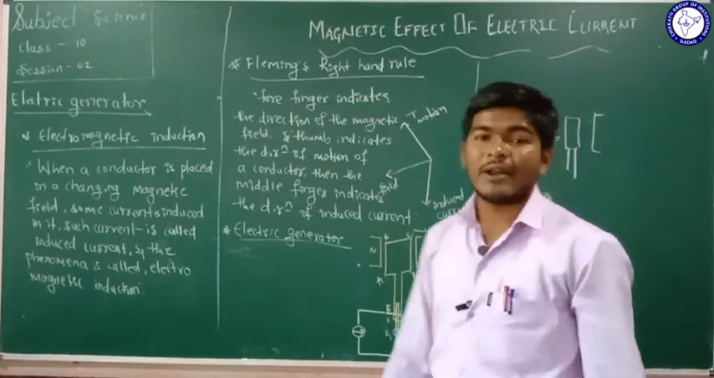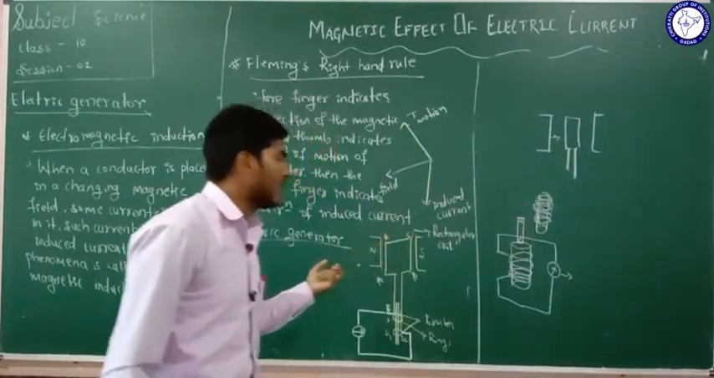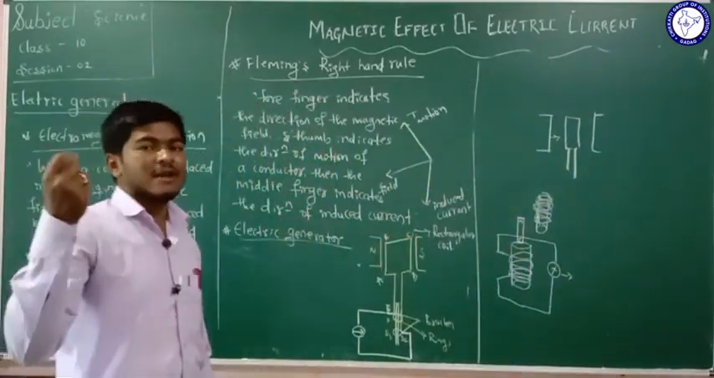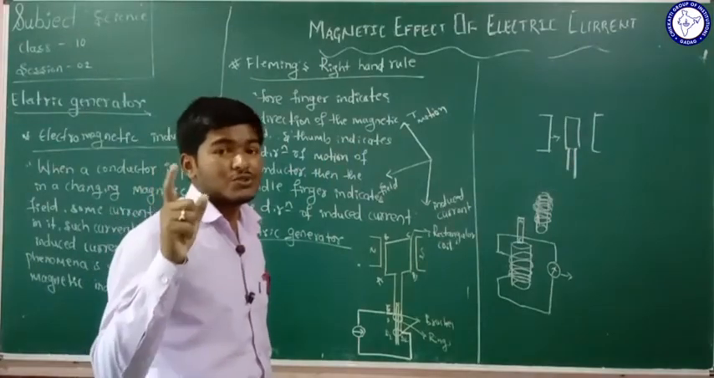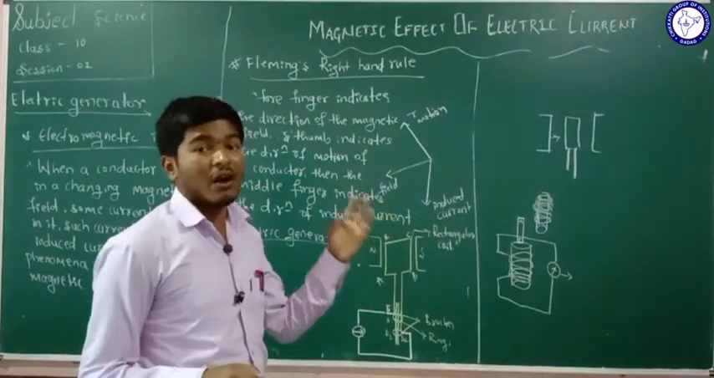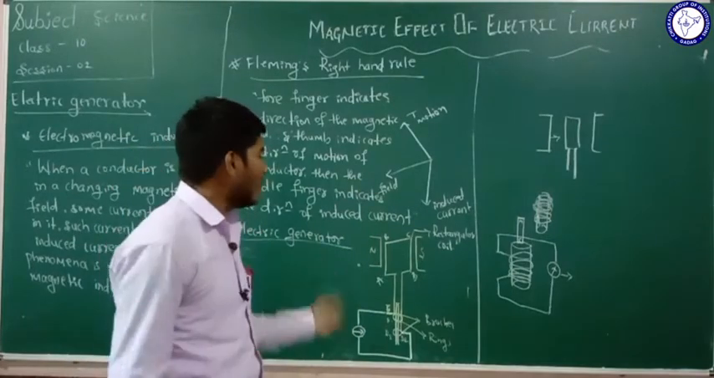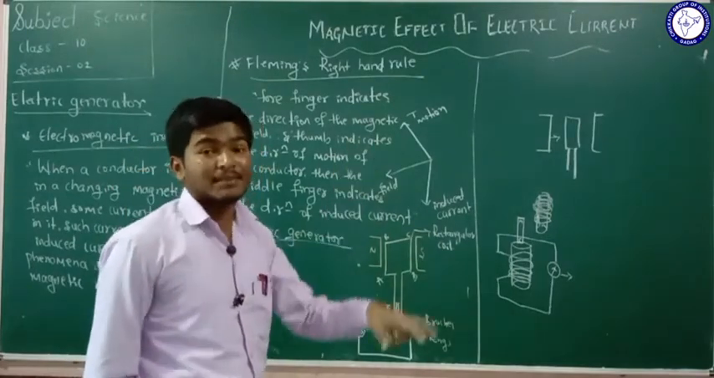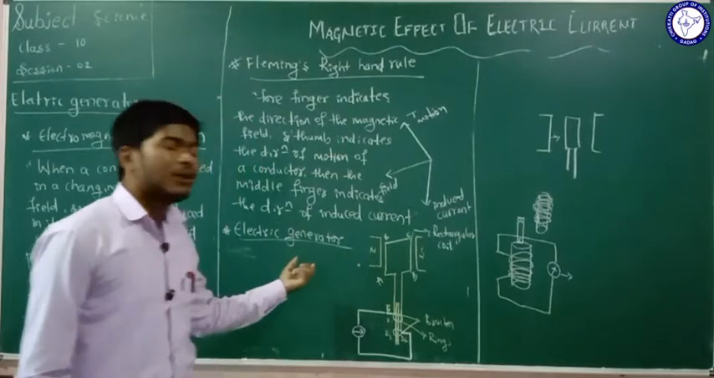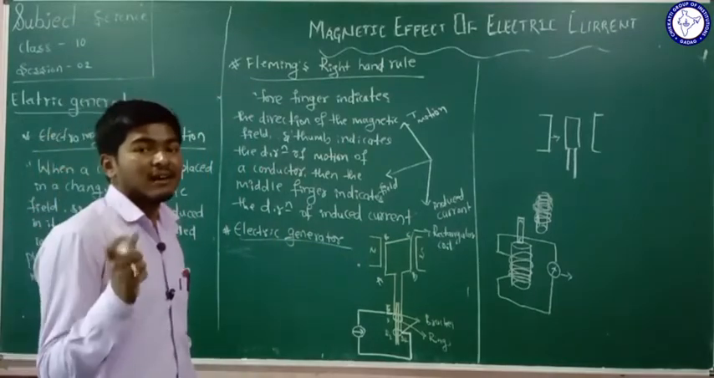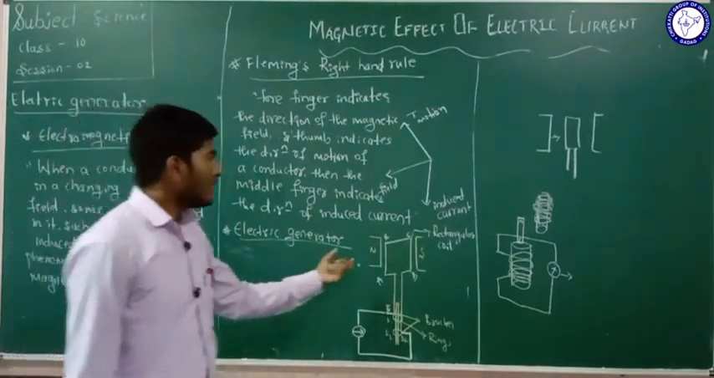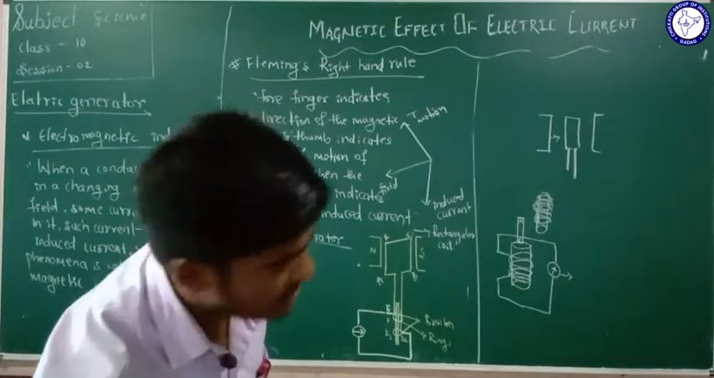So now we are going to see how the electric generator is constructed. In your examination, one question should be asked on this for 3 to 4 or 5 marks: write the construction and working of an electric generator with its principle, isn't it? Now we are going to see how the electric generator is constructed. The electric generator consists of